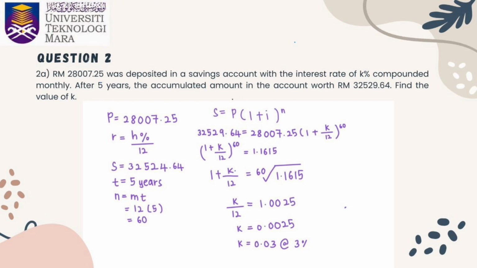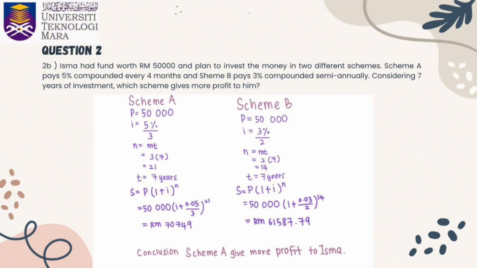Next, minus 1 from 1.0025, which equals 0.0025. Last step, multiply 0.0025 with 12. So the last answer is 0.03, which in percentage becomes 3%. Next question, 2B. Isma had a fund worth 50,000 ringgit and planned to invest the money in two different